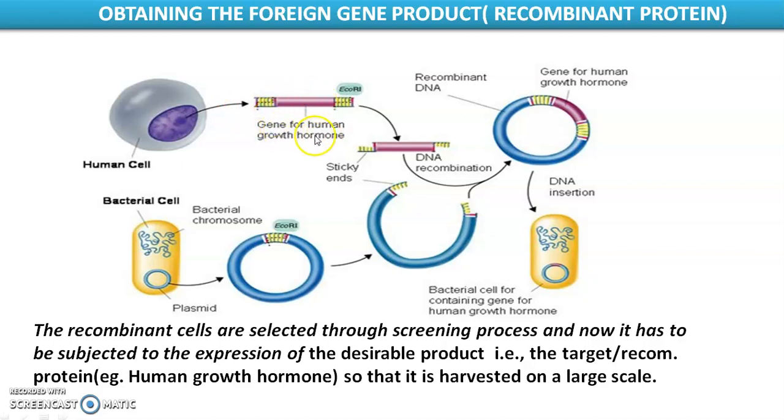So suppose we want to make a protein, that is human growth hormone, for marketing, for medical purposes, on a commercial scale. So how do we get it marketed? How do we get it commercialized? We have to have a system to form those proteins in the laboratory. So how is it done? In a large scale industry, how is it done?